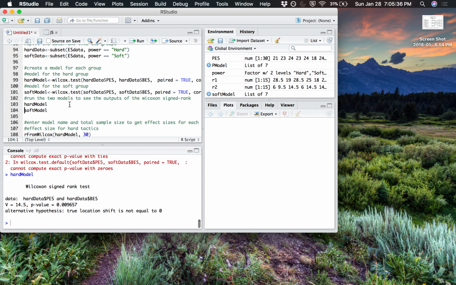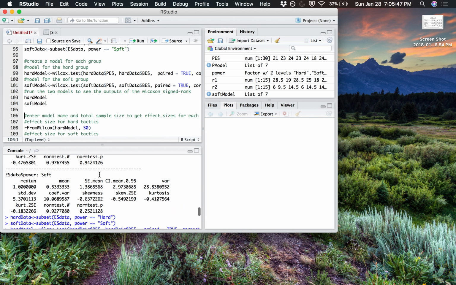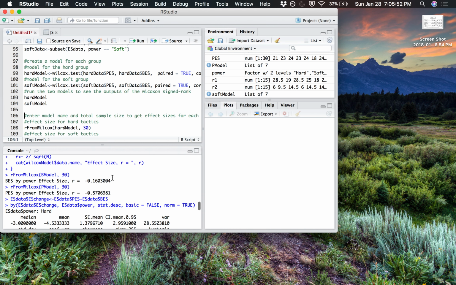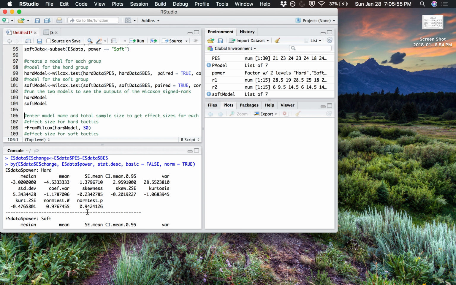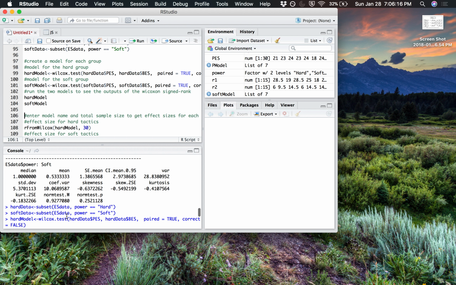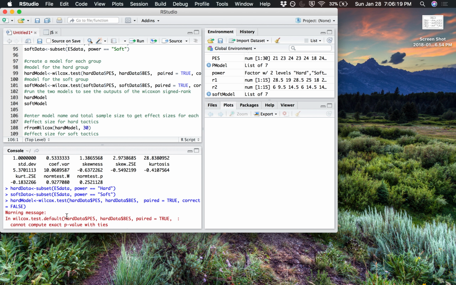Okay, so we can see that we have a normal distribution for the hard group, p-value is 0.942 in the change scores, and for the soft group, the difference scores are approximately normal as well at 0.252. So we don't need to use a non-parametric test for either group, but we are going to anyways, which I already did. So we want to run the analysis on the hard and soft groups separately, so we split them,